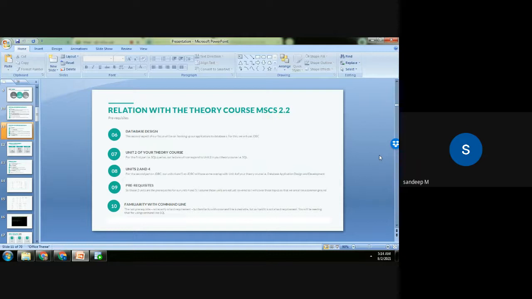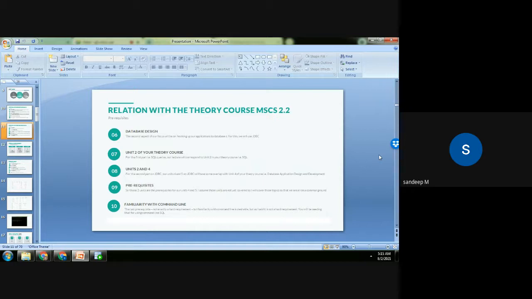For JDBC, Unit 4 will be the corresponding theory if you want to look at it. Unit 4 in your DBMS course is about database application design and development. There's a slight overlap there. You also have some discussion on JDBC there, but in our course we'll be discussing it in more detail. Two units are devoted exclusively, units 4 and 5, to JDBC. Those two units are the prerequisites for our units, but I'm assuming that those units are not yet started. So whatever basic knowledge is required for our purpose, I'll be providing.